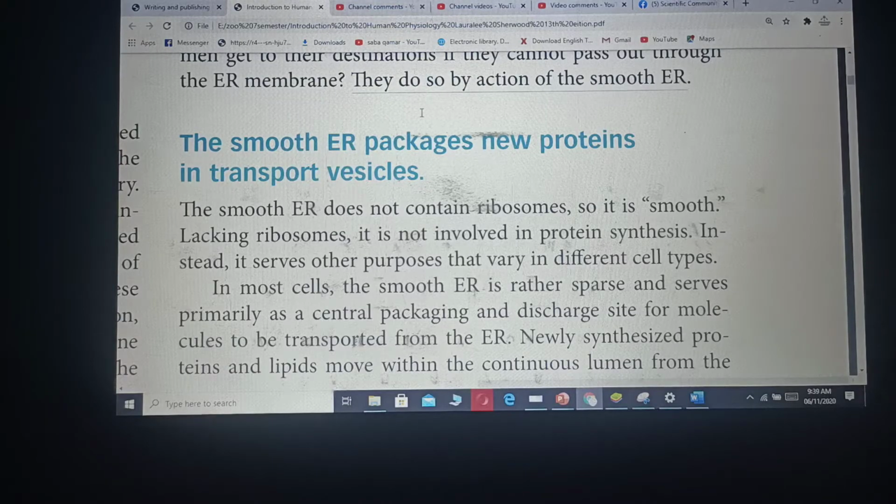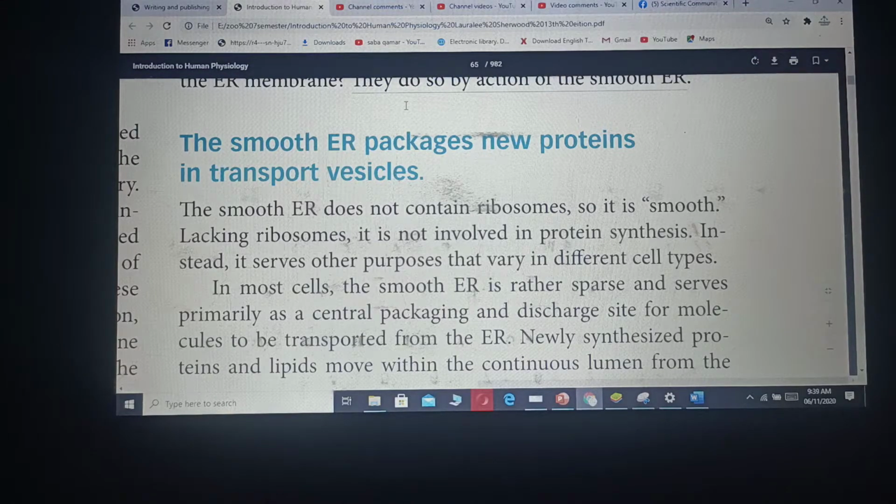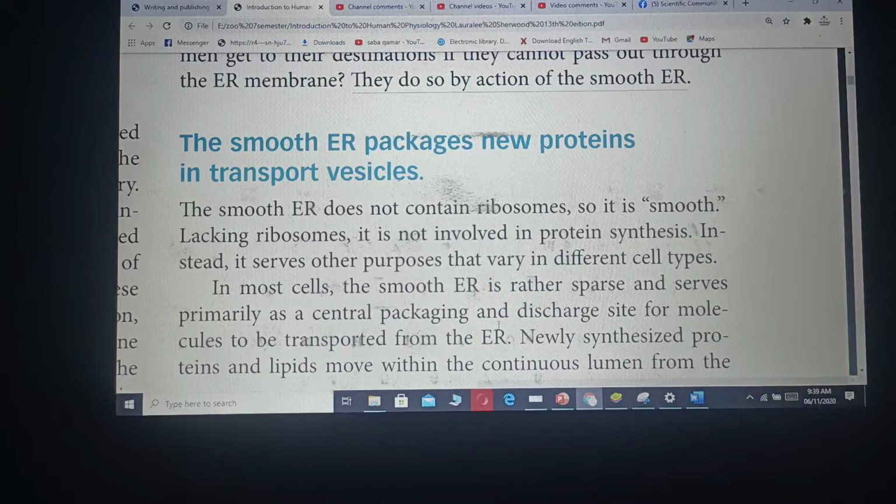The different kinds of proteins which are synthesized inside the rough endoplasmic reticulum get entry into the lumen. They get packaged and discharged through the sites which are present at the smooth endoplasmic reticulum. So the smooth endoplasmic reticulum serves primarily as a central packaging and discharging site for the molecules to be transported from